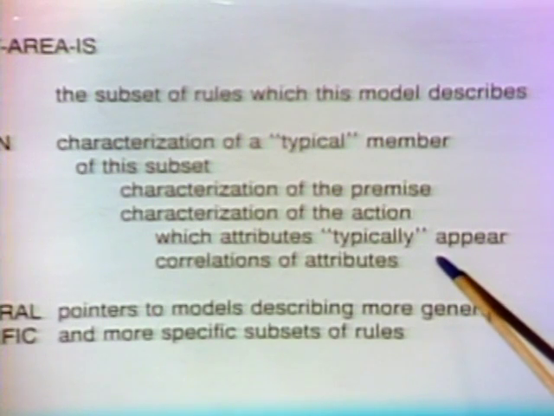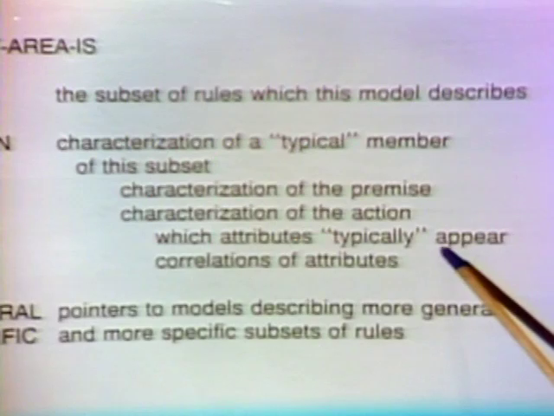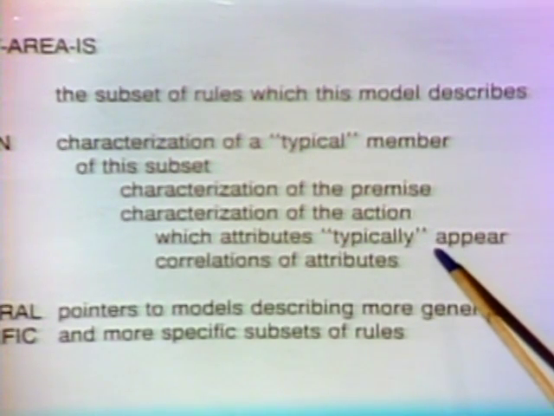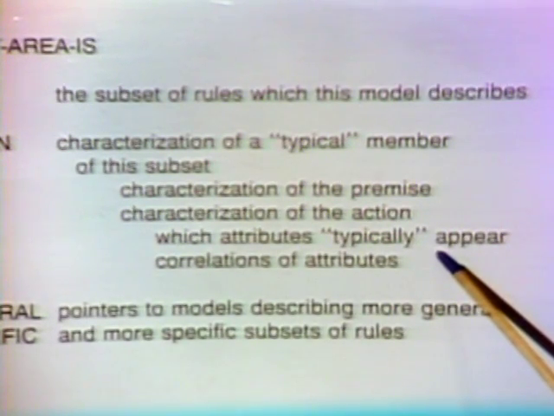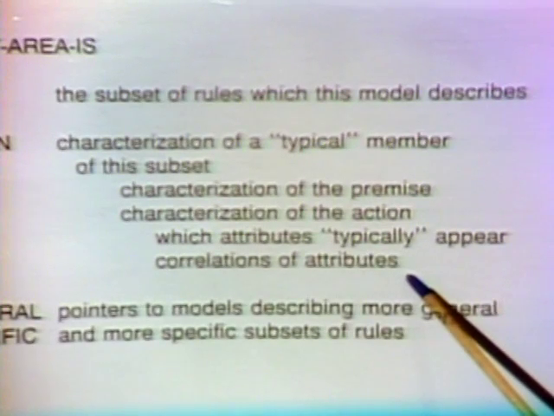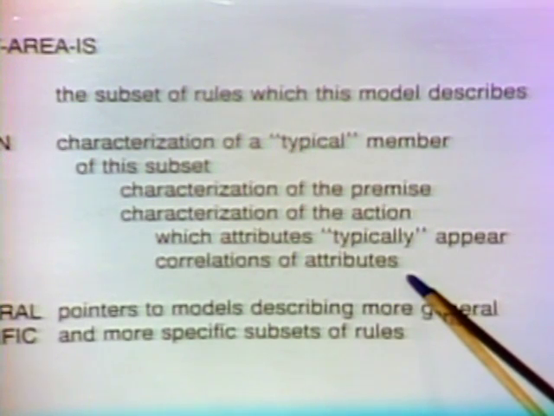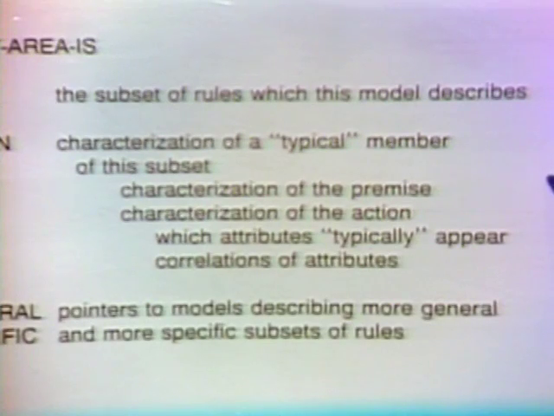And what do I mean by characterization? Well, I mean, first of all, which attributes or concepts typically appear in a premise of a rule. As I was saying before, there are certain sorts of regularities that appear in the premises of the rule, certain concepts that show up repeatedly. There are also correlations of attributes or correlations of concepts. That is, if I typically see one idea in the premise of one of these rules, there may be another idea that also typically shows up. So sometimes these things come together in pairs or triples. So that's what I mean by a description.